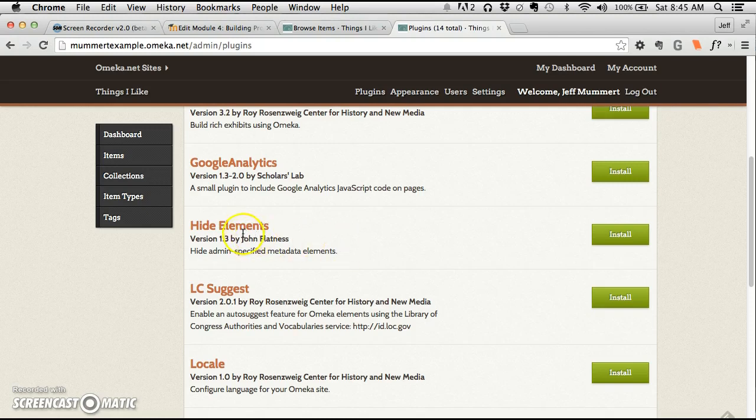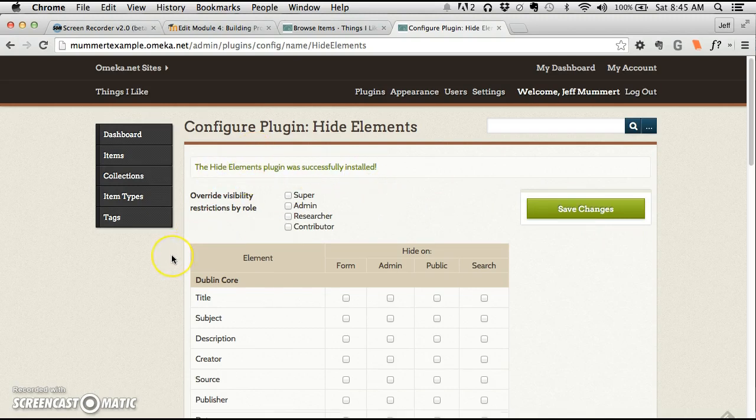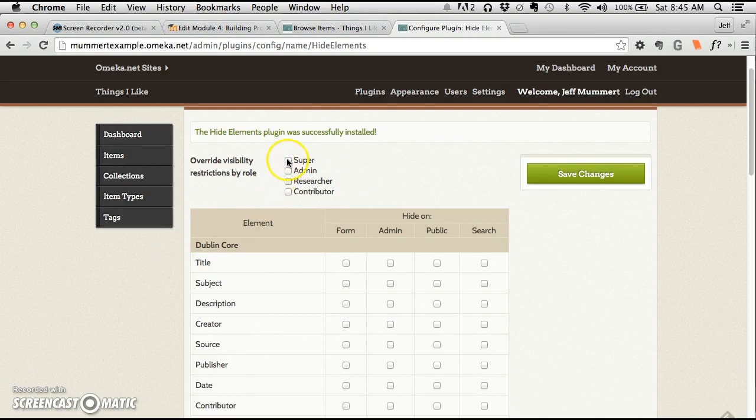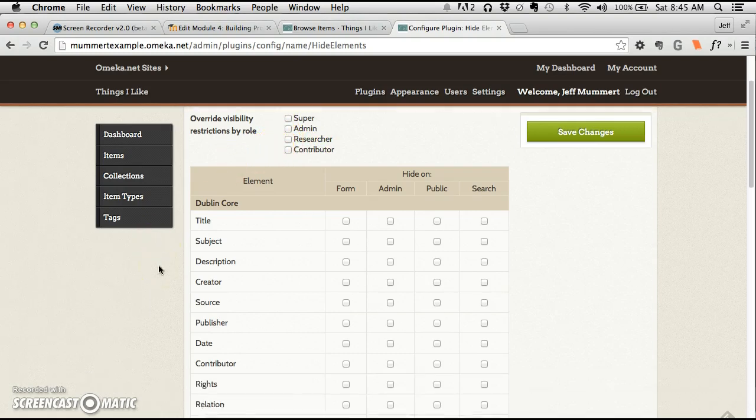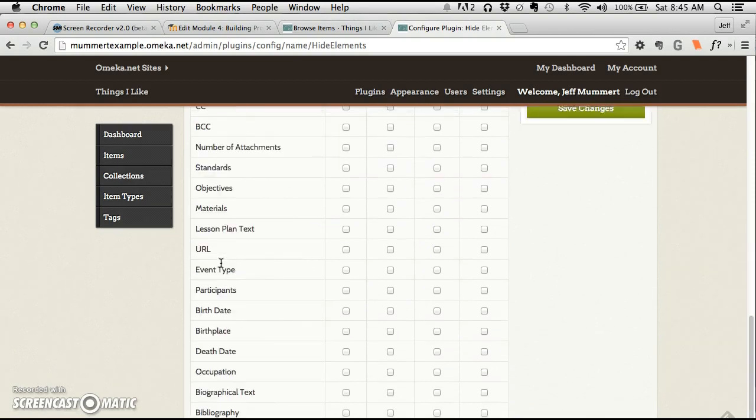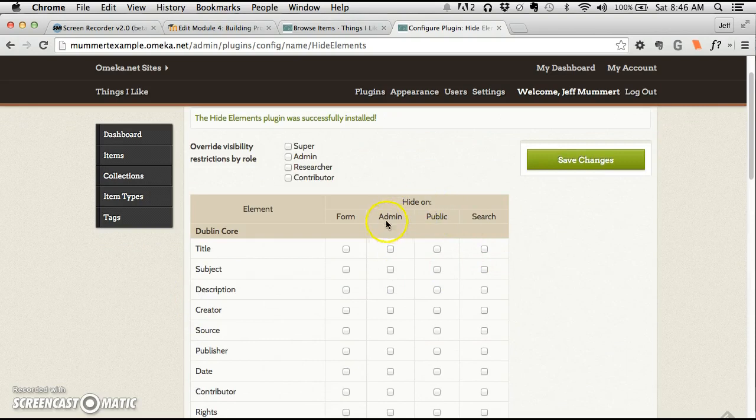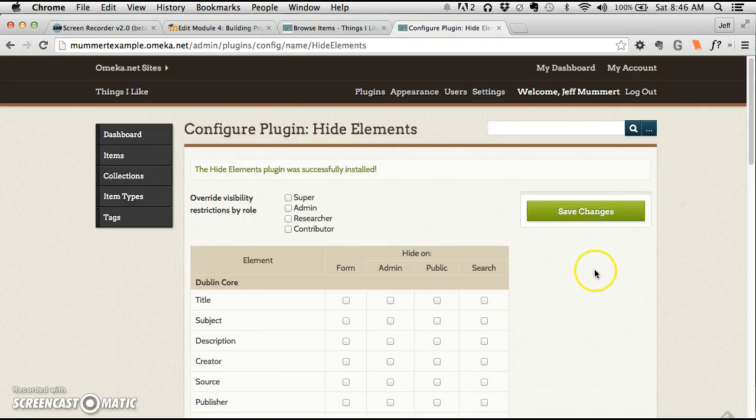Incidentally, if you want to do this, you would install it. And then, as you can see here, the hide elements plugin was successfully installed. You can actually change, depending on the role you give users, which I'll show you in a second, who gets to see this and who doesn't. And then as you can see, these are all those things that it's asking you to fill out depending on what the thing is. And you can actually choose when to hide it, which is very useful,